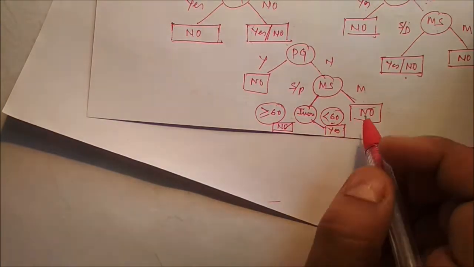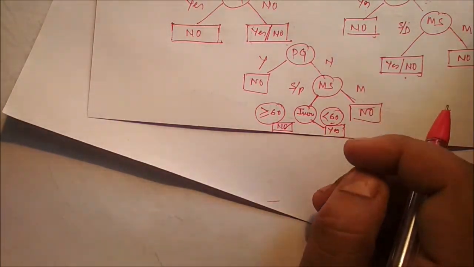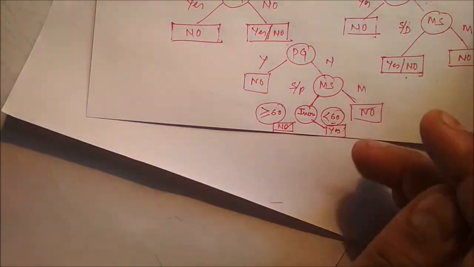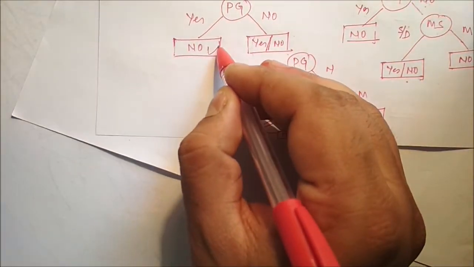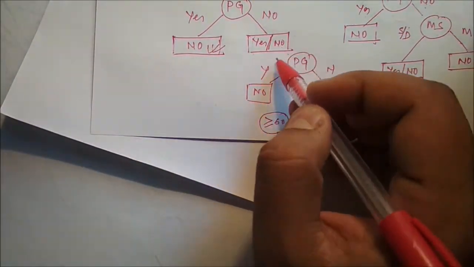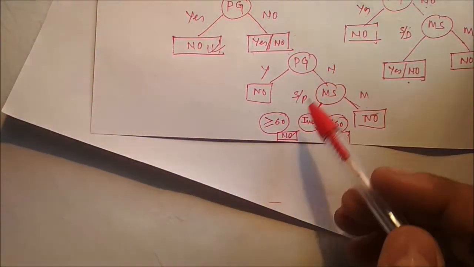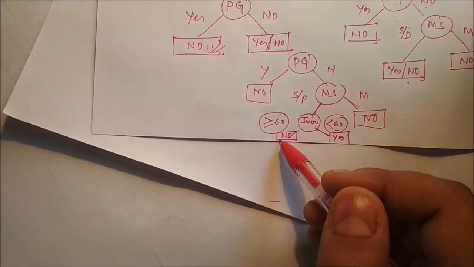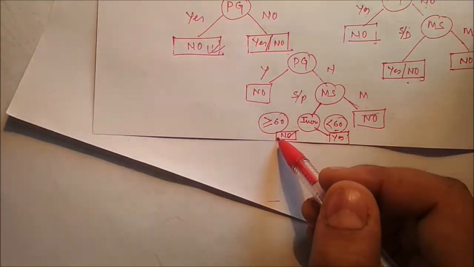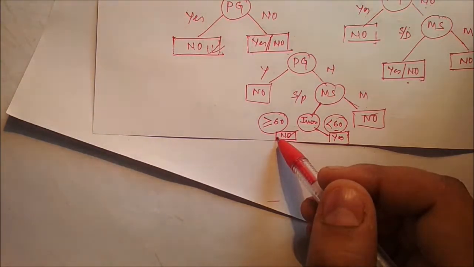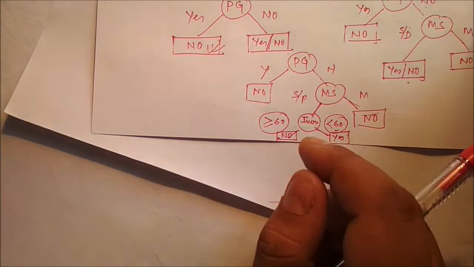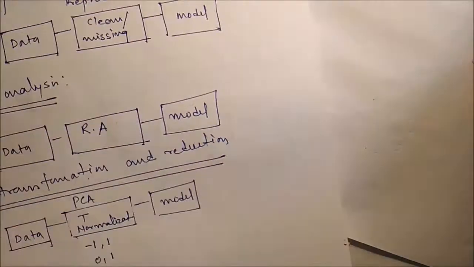So we can adopt two strategies. First strategy, all class levels are identical. So we have to split till all the class levels are identical. Here all the class levels are identical, but here it is not, it is mixed. So we have to split the tree nodes until all class levels are identical, or continue expanding a node until all the records belong to the same class. So these are two issues we have to think about.